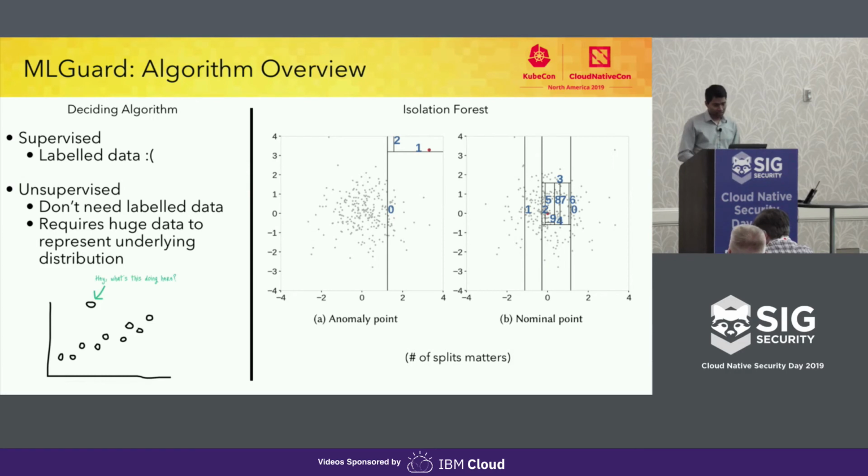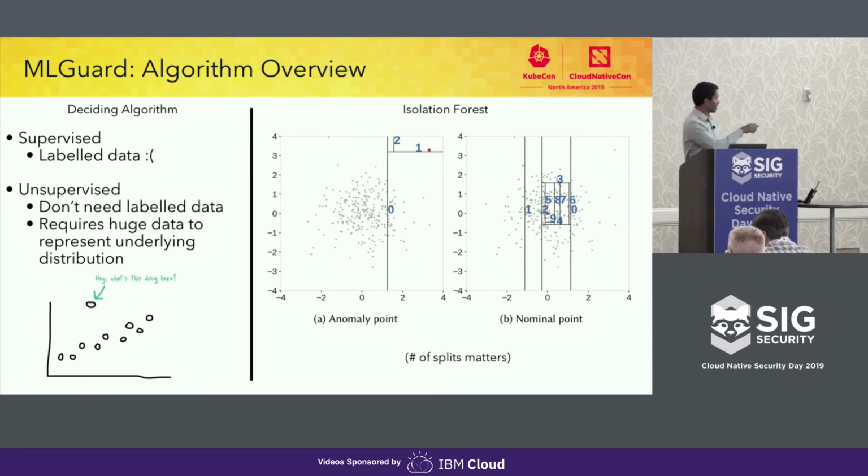So in a nutshell, without going too much into the details, and we can talk offline on that, isolation forest is very intuitive to understand. It finds whether a point is anomalous. The way it does that is it creates cuts, or splits, in the data set. If in a few splits you can isolate a point, it means the point is an outlier.